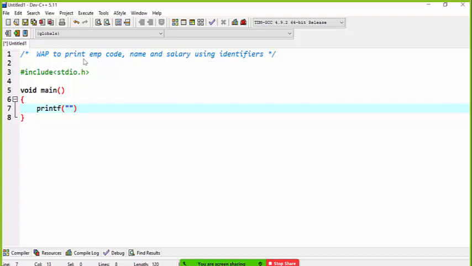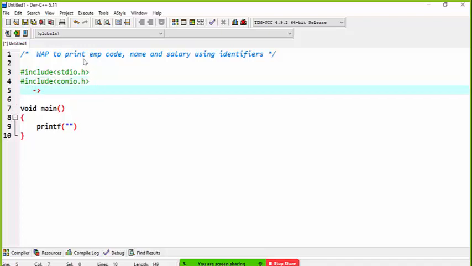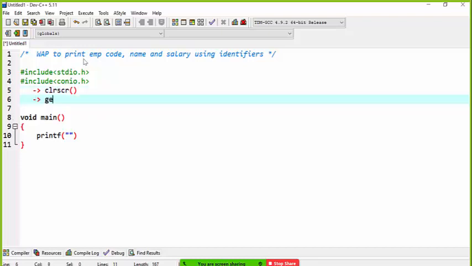In some code you see the header file hash include conio.h, which many programmers also write. The reason behind this is the compiler tool. If you are using Turbo C++ or DOSBox, the console is different, and if you want to clear the screen or get a console character, then you need this conio.h header file. Inside that conio.h header file there are two main functions: clrscr, which is used to clear the screen, and getch.